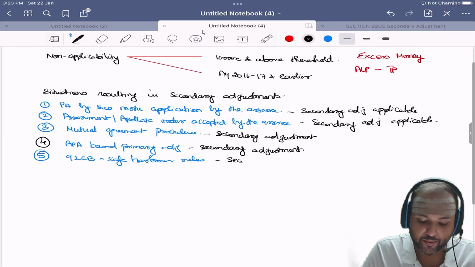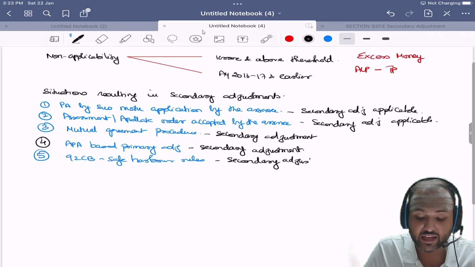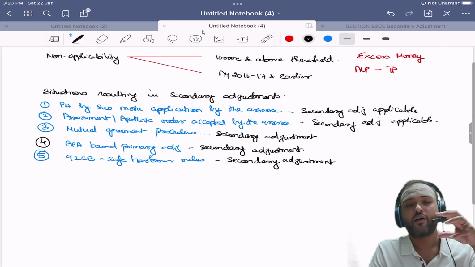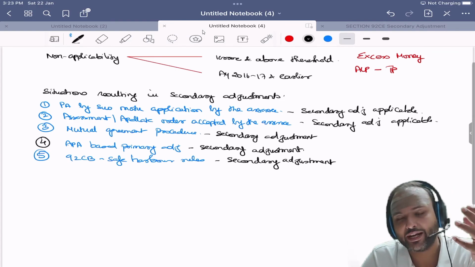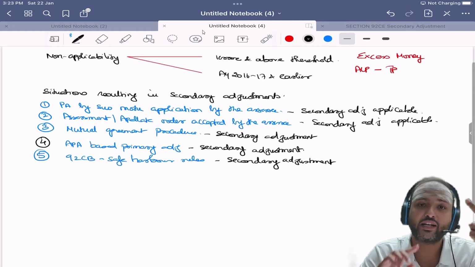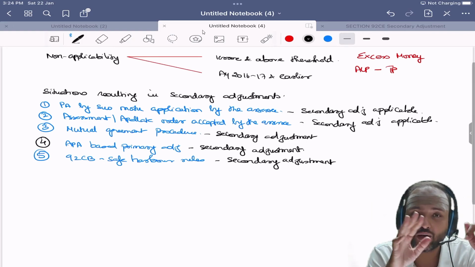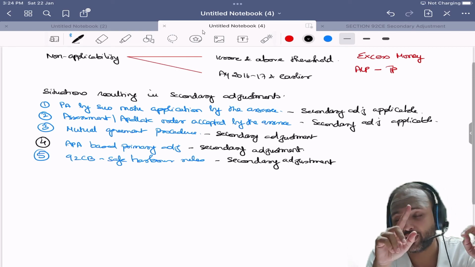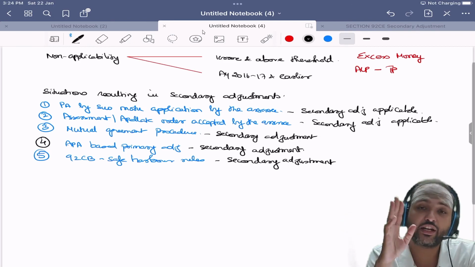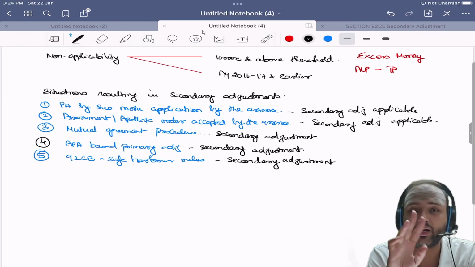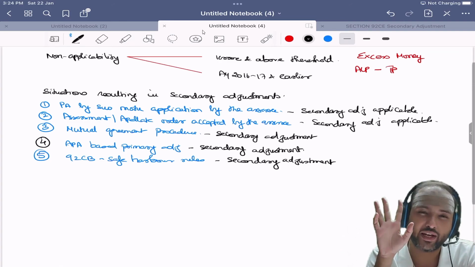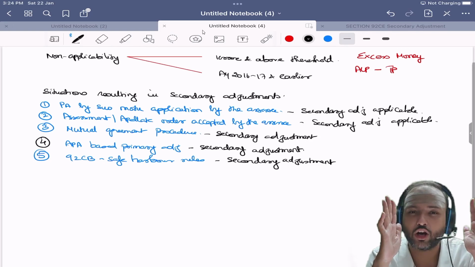If there is any primary adjustment arising on account of following the safe harbor rules, it will also get transformed into secondary adjustment. Okay, so when is secondary adjustment not applicable? There are only two cases. That is, the primary adjustment value should be less than 1 crore, or the primary adjustment should correspond to assessment year 16-17 and earlier. If it pertains to assessment year 17-18 onwards, secondary adjustment will be applicable, provided the primary adjustment is more than 1 crore. Okay, so this is on the non-applicability grounds.